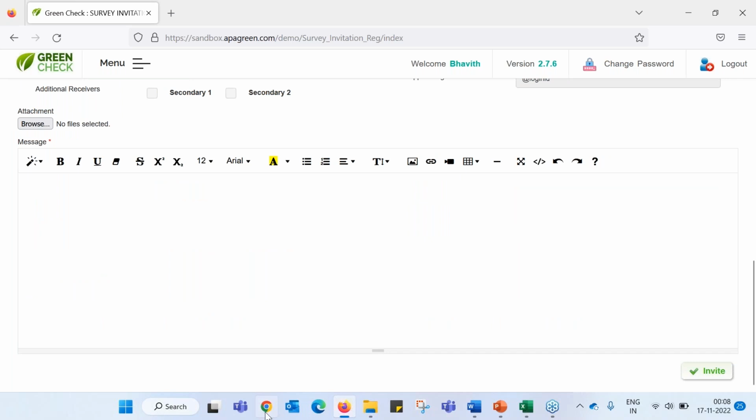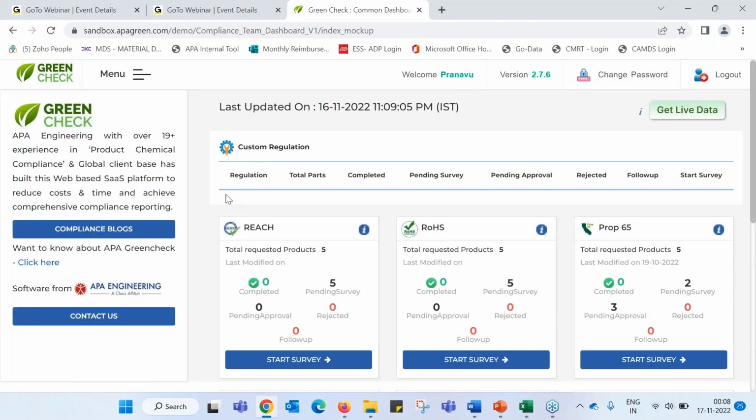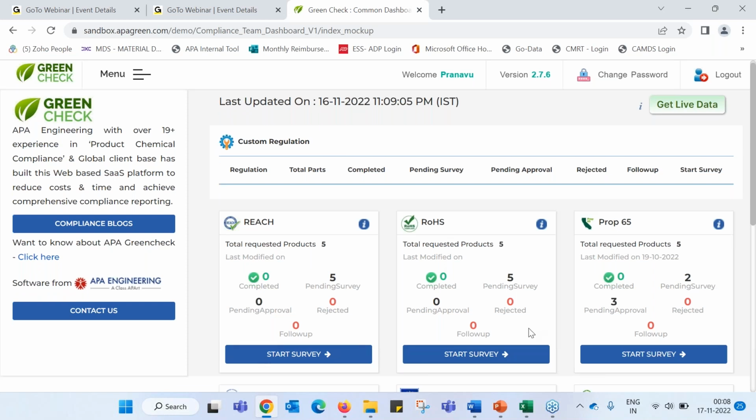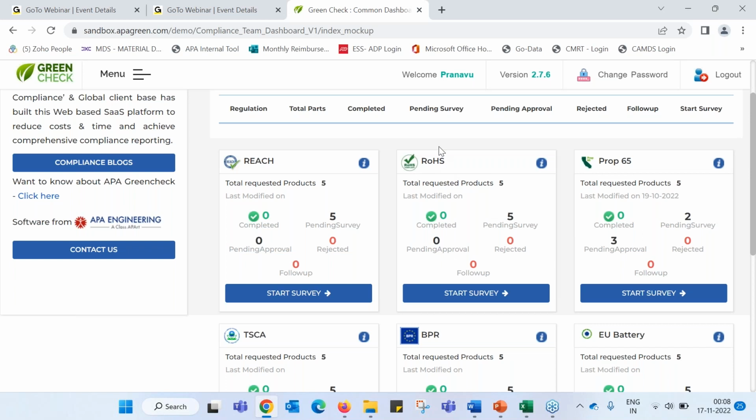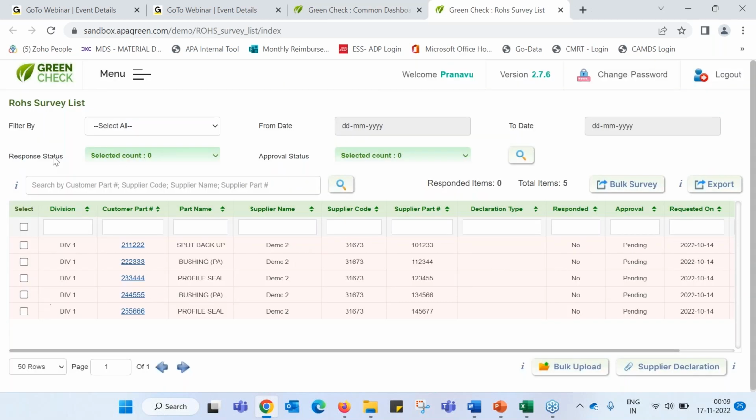Now, from the supplier point of view, by using our login credentials, they can log in, and then they can see this dashboard. In this dashboard, we are dealing with RoHS. So this is the pending survey, which means the customer has sent five invitations to the supplier, so they can see this. They can solve this by using this start survey. After clicking that start survey, these are the 5 pending surveys which are visible in the supplier portal. Then by clicking this, we can start